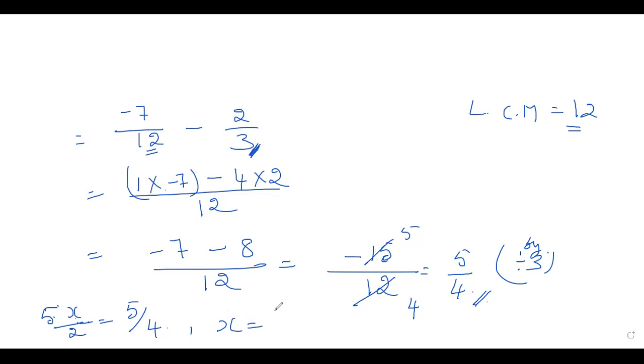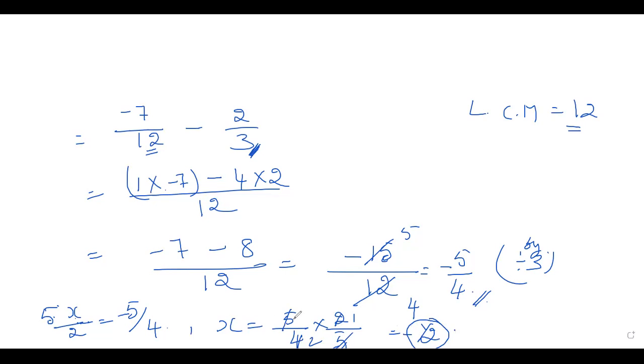Okay, children. And I will write 5 by 4 as it is on the right side. Now 5 comes to the denominator, so 2 is in the denominator. It comes to the numerator. 5 goes to the denominator. I'll cancel the 5s. Next, 2 ones are 2, 2 twos are 4. The answer is 1 by 2. Okay, children. Sorry, that is minus 1 by 2.